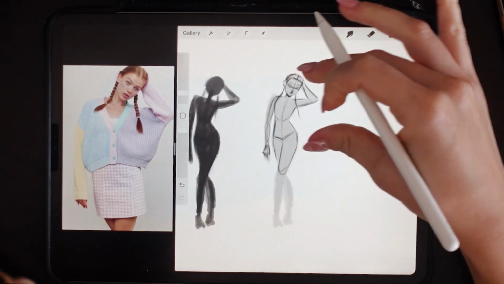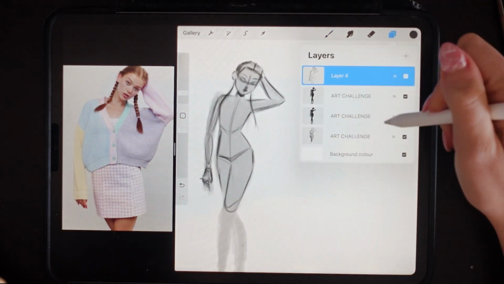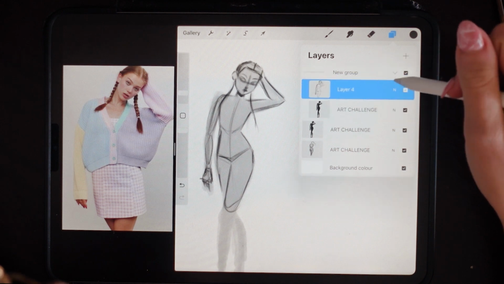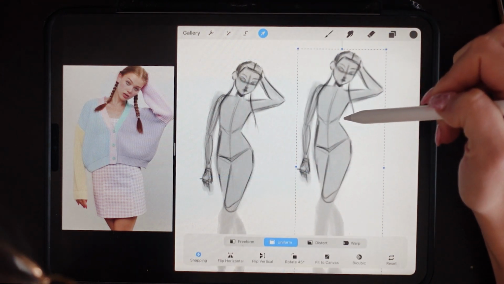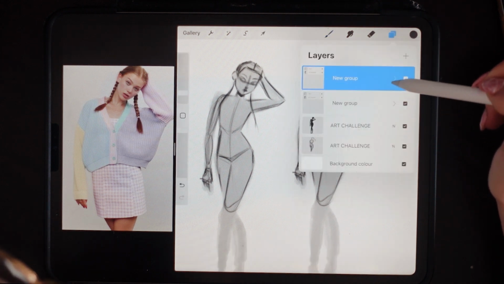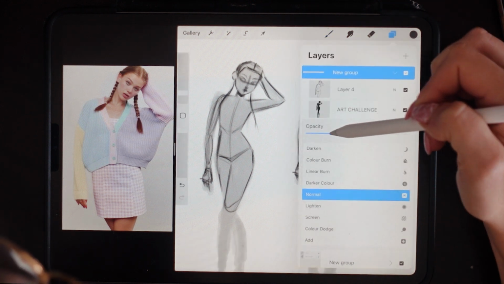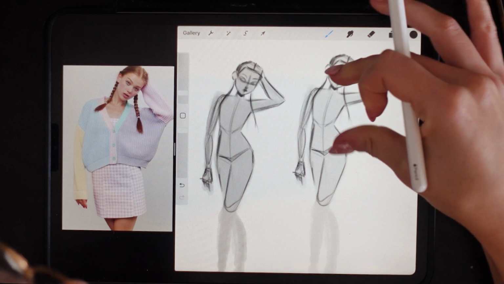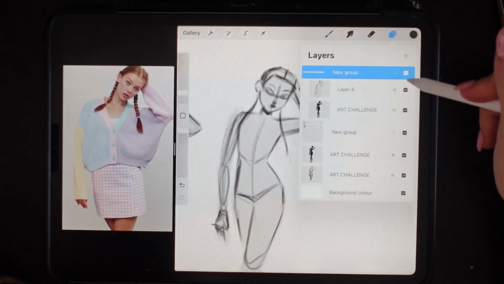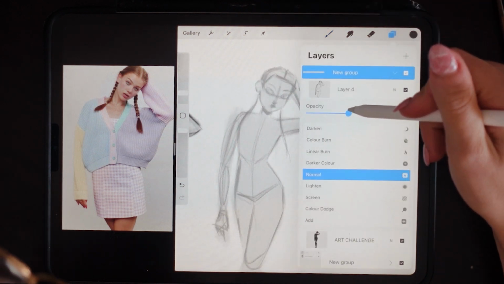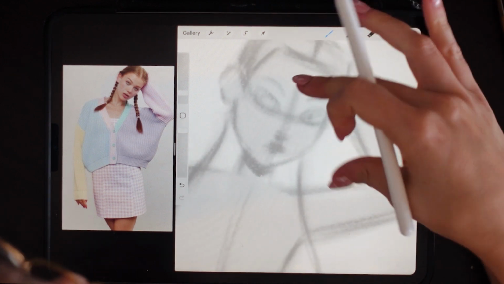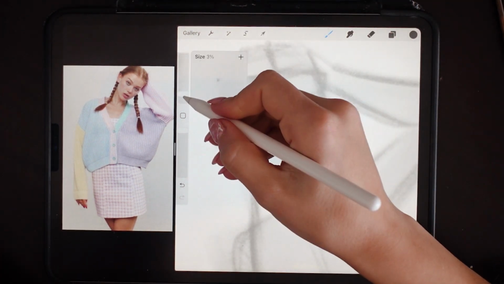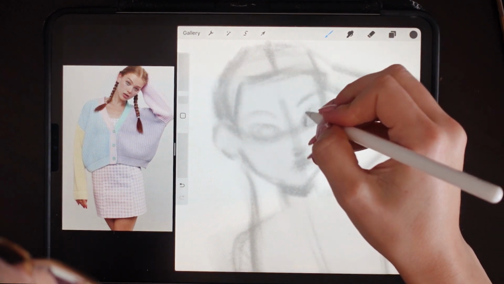Now we're going to duplicate these two. I'm going to group them, duplicate them, and put it here. And I'm going to put the opacity on this one lower, and this one too, so we can sketch on top. See, like this. And now we can start to define her features a little bit better,